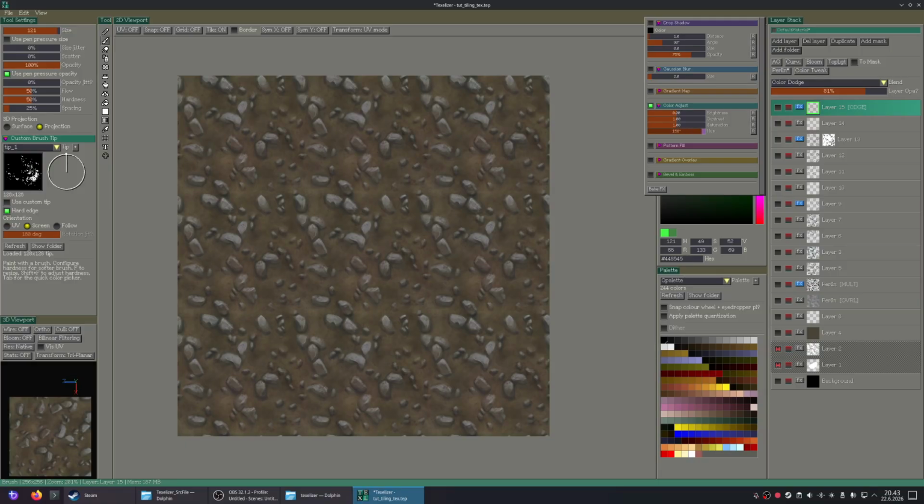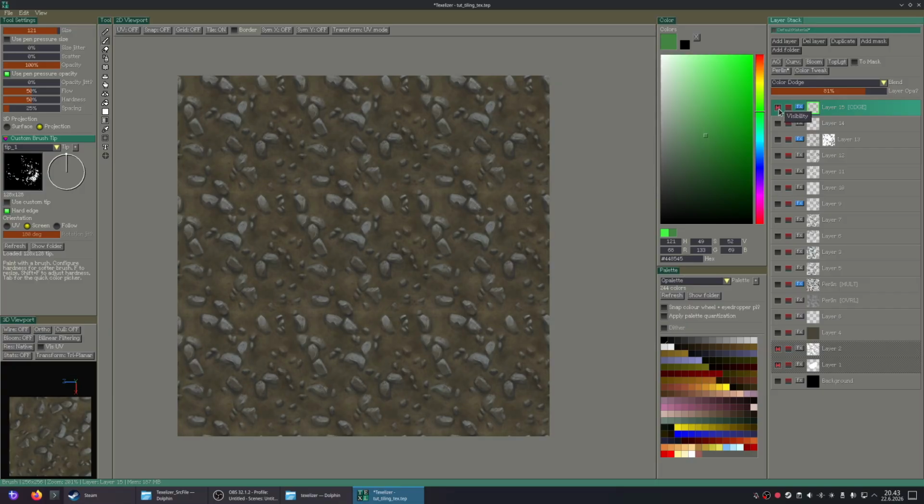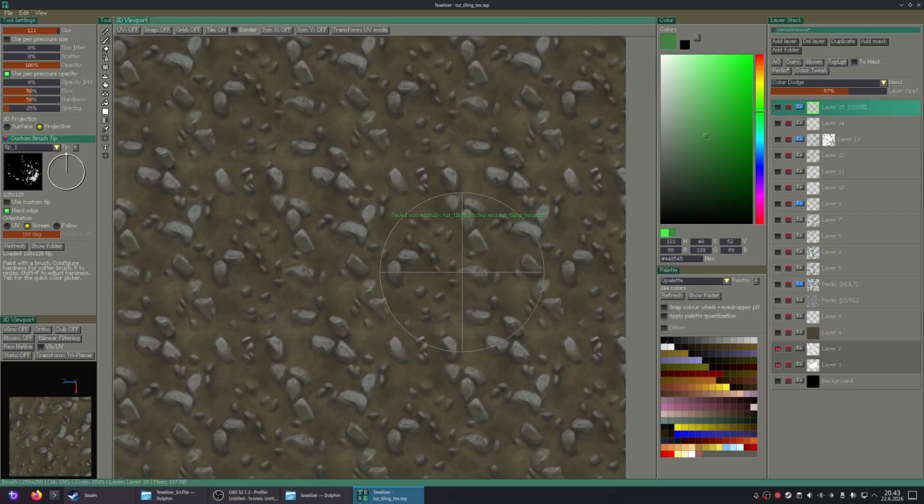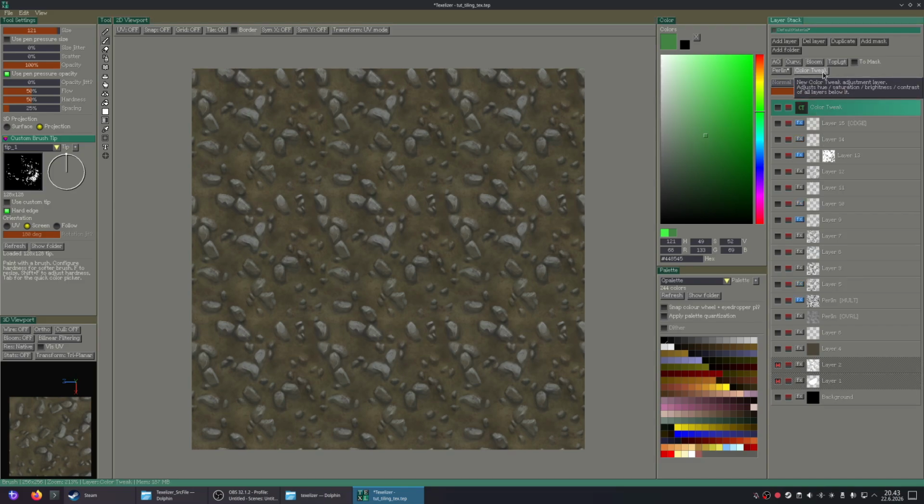Maybe tone it down a bit. Tone down the greenness a bit by changing the hue, then change the layer opacity. Okay. Maybe I'll just add a color tweak layer.